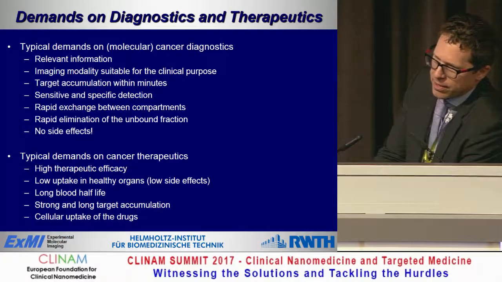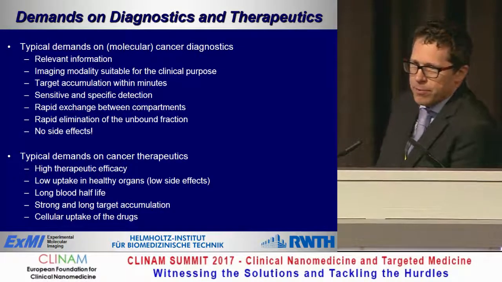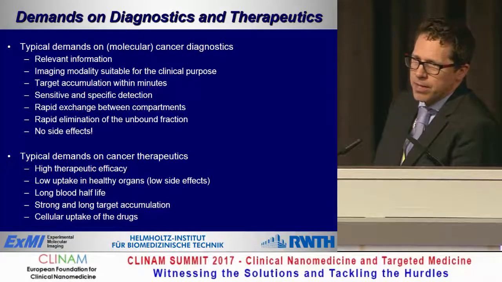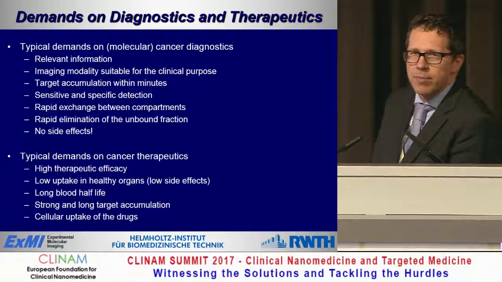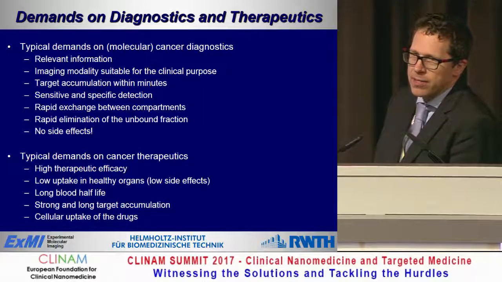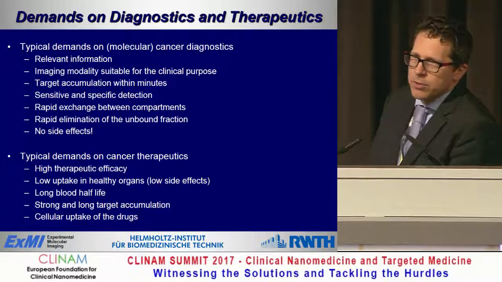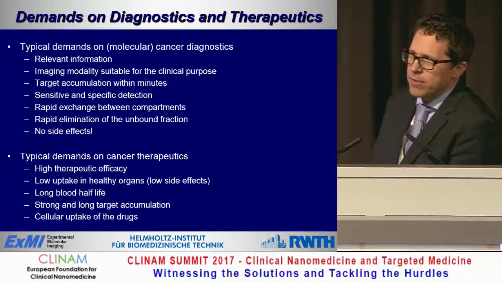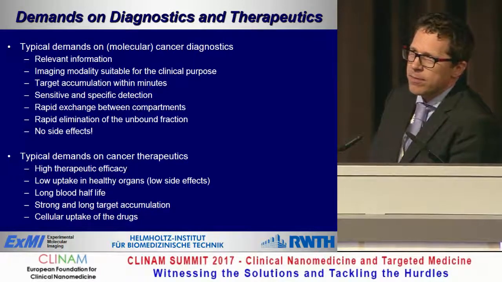And in this context, I think we have to think more critically on some preconditions that we want to have from diagnostics or therapeutics. So I may start with the diagnostics. The most important thing is that they will provide us with really relevant information that's clear. But what does relevant mean? Relevant with respect to diagnostics does not mean to have a nicer image or to see a certain receptor. No, we want to change the therapeutic conduct of the patient. We want to improve the therapeutic outcome of the patient with a diagnostic drug. If this is not given, and if you do not have a chance to fulfill that, you can forget about the development of a new diagnostic tool.